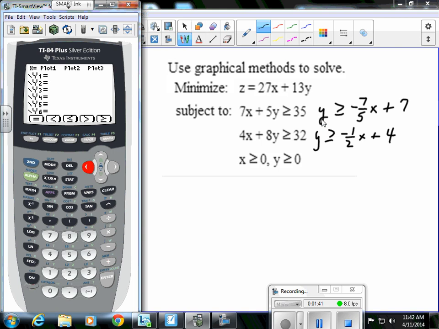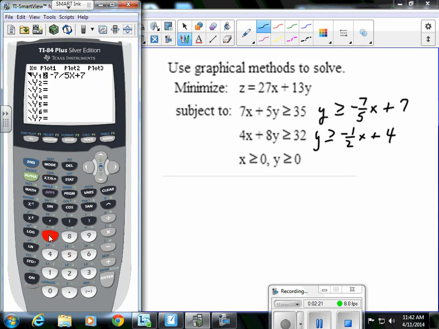Well, of course, here I have my inequalities. The first thing I always have to do is solve for y. So the first one I've already solved for y, and I have y is greater than or equal to negative 7/5 x plus 7. So I need greater than or equal to. I have to be on that equal sign, alpha, and graph, because graph is the key right underneath that one. I'm going to cursor off, and as soon as I cursor off, it then goes back to not having those soft keys available to me, and I can input my inequality, which of course is negative 7/5 x